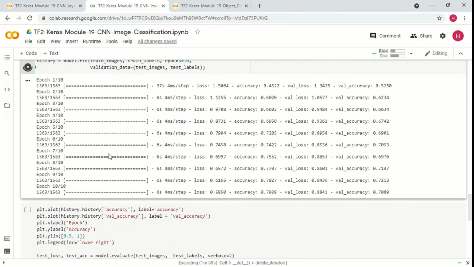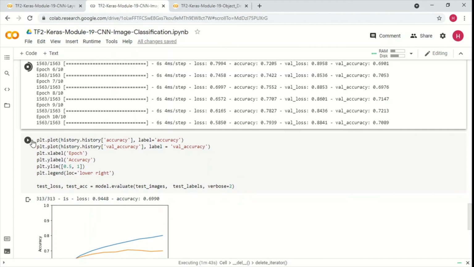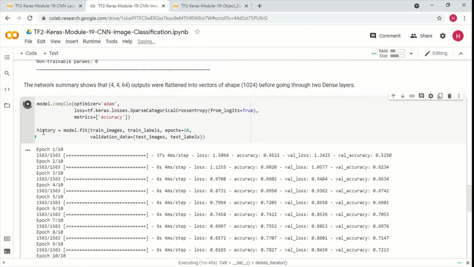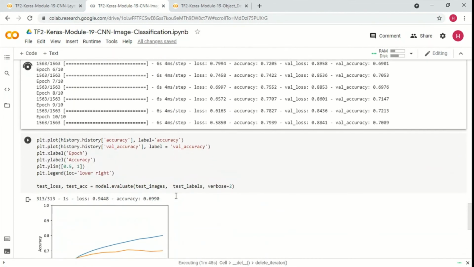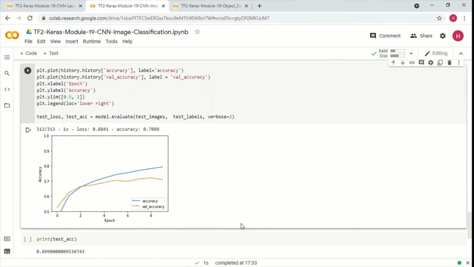So the training is done, and we can plot the history because we have captured this into the history. Once this is done, this is going to execute. So this is the accuracy, and this is the validation accuracy that we have.